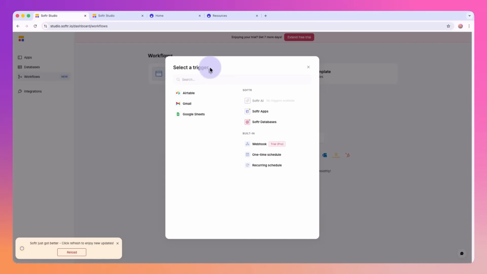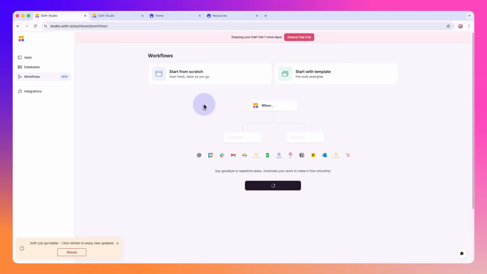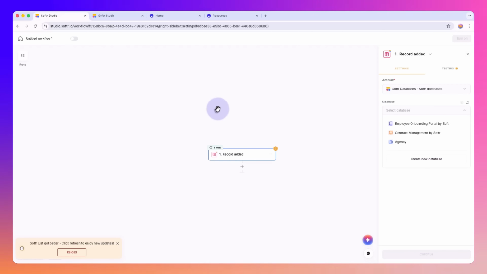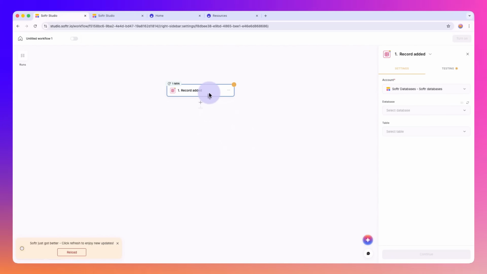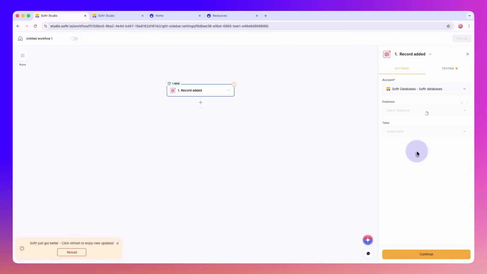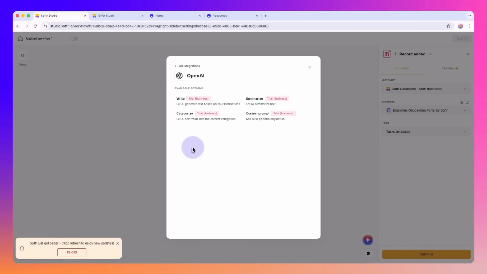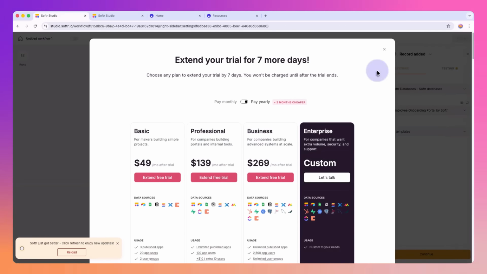So I will use a trigger like software databases, and I will use record added. Okay, so now this is a trigger, right? The database I will choose is employee onboarding portal, and the table is tasks. So whenever a new task is created, what is going to happen, I'm going to create some content for it, some details, okay,